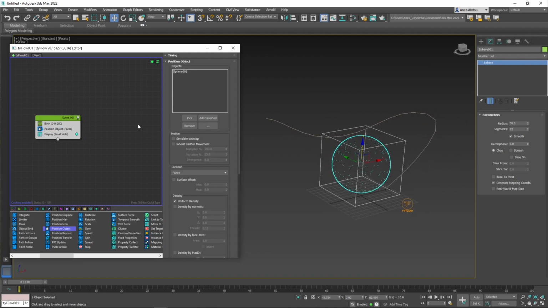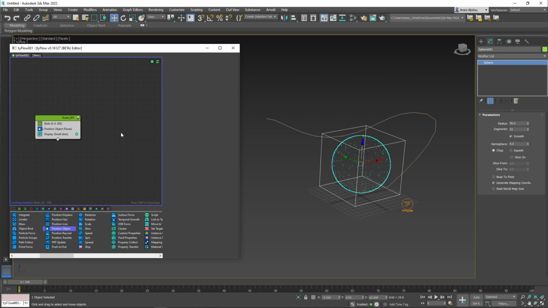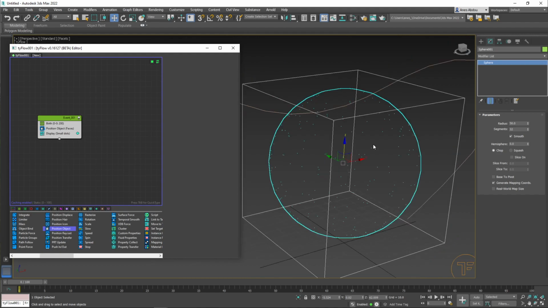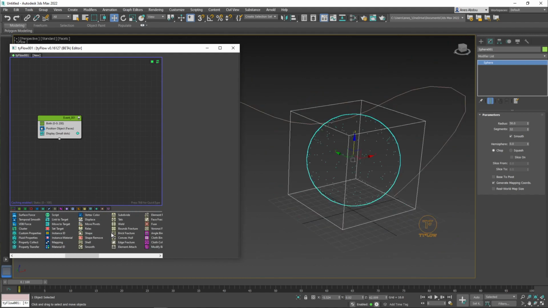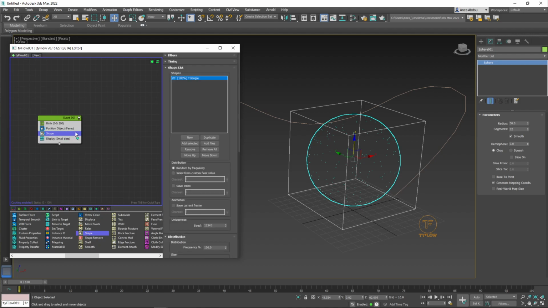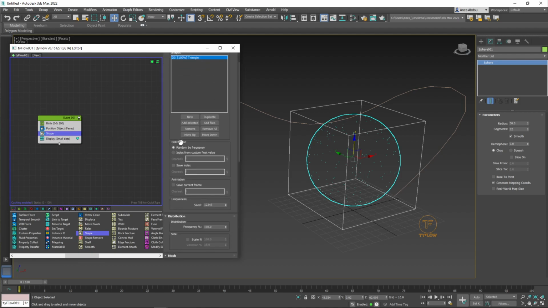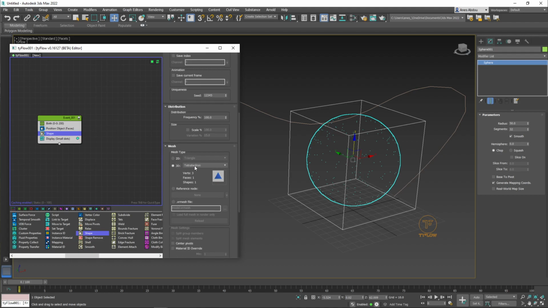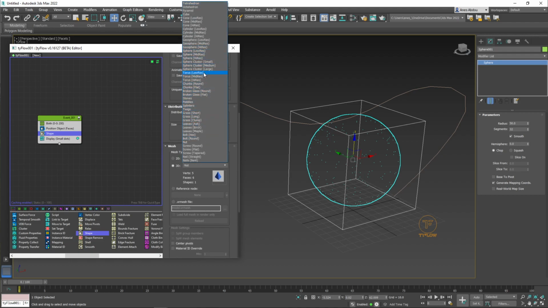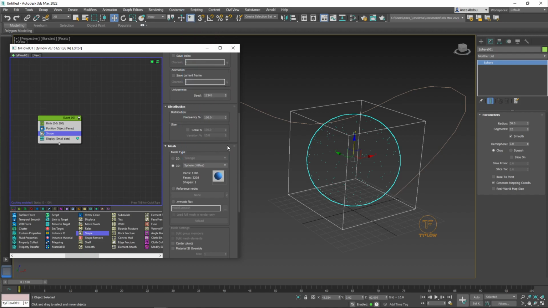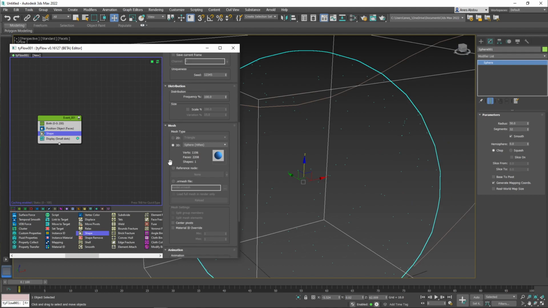Okay, so now that we got that, what we're going to want to do is we need to make these objects into shapes. So let's grab shapes. And we're going to change it from 2D to 3D. And we're going to look for spheres in high res. Okay, now that that's done,